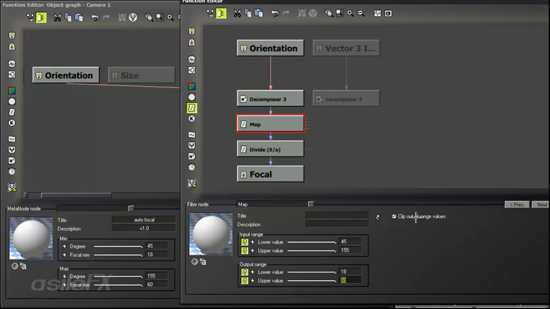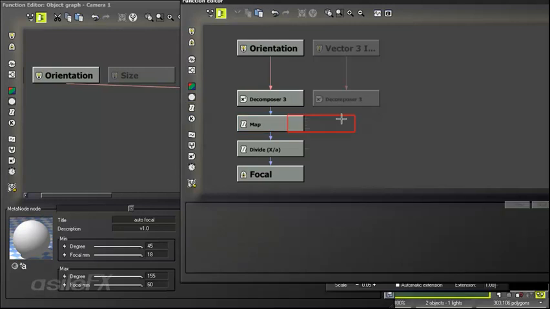The clip out of range value is important for this, because if you pitch the camera up too high, it's going to continue to limit and calculate what we have set up, producing focal lengths that are not defined and can usually end up in far too large of a value and offset the camera too much and cause some issues. So we'll add in